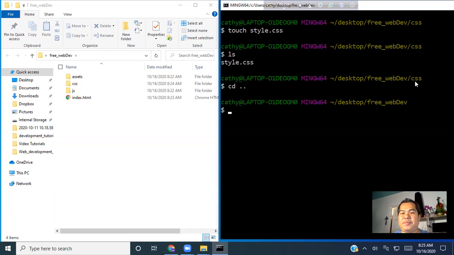Press enter, and now we have stepped out from the CSS folder to free web development. Okay, now I can open this folder in a code editor. I just type code, then press dot, then press enter,